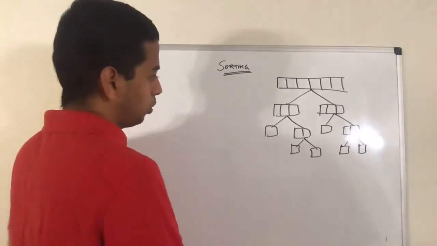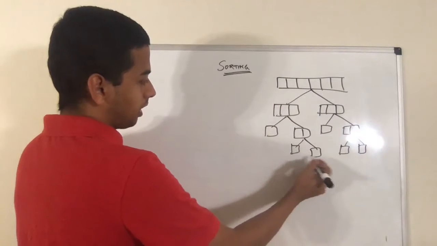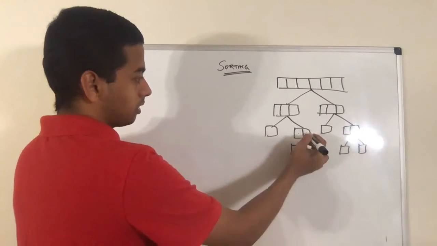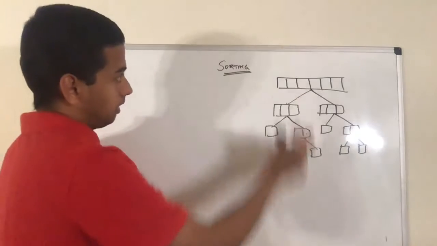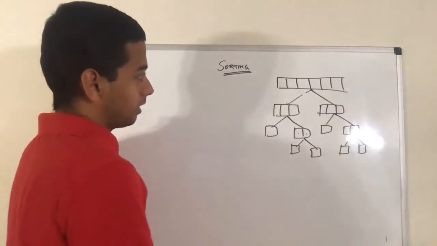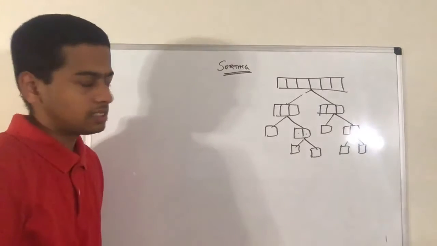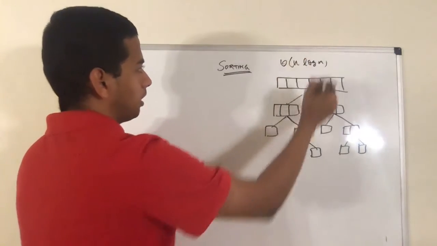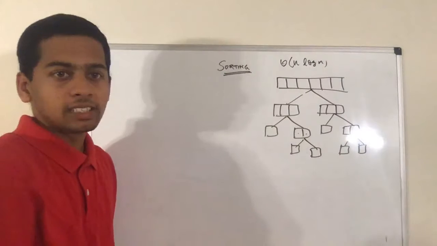And finally what we'll do, we'll compare the left array and right array. Whichever is smaller, we'll put them first, and whichever is greater, we'll put them second, and we'll build this array up so that the final array will be sorted at the end. The time complexity is O of n log n. But the problem with this approach is we are taking extra space.